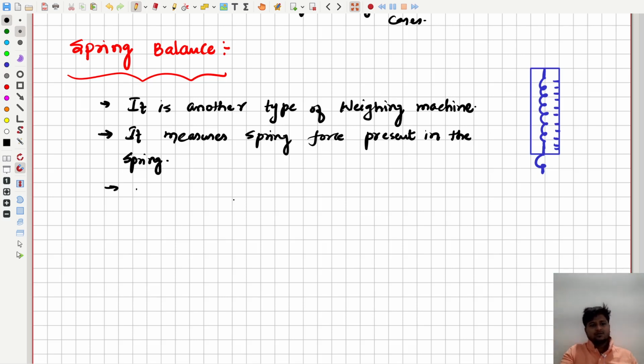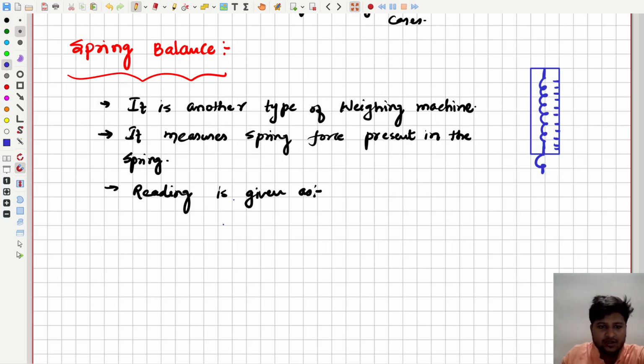And how do we give the reading? What is the reading? How is the reading given? First important point, it is written as T by,